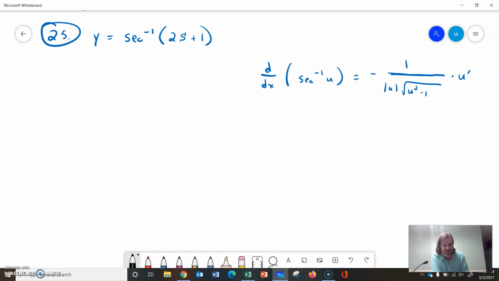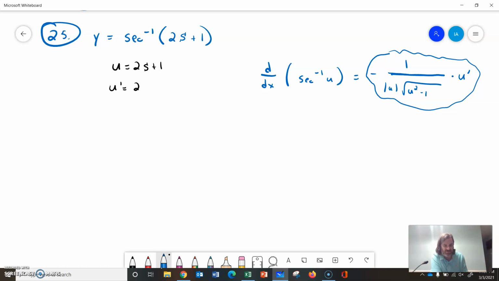In our problem we've got u is equal to 2s plus 1, so the u prime would be 2. So we'll just fill that in accordingly on the right hand side over here. So our derivative, y prime, will be negative 1 on top, absolute value of 2s plus 1, and keep in mind, while that seems like it's positive, it kind of depends on what the value of s is, and then that'll be times